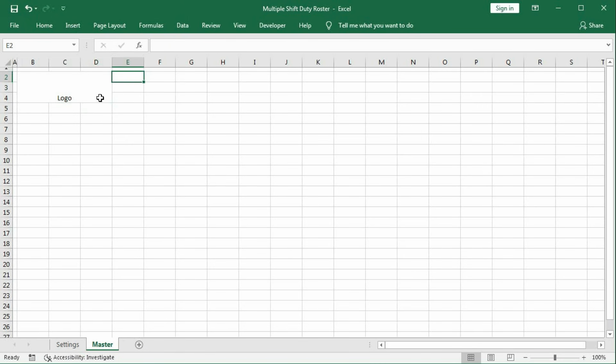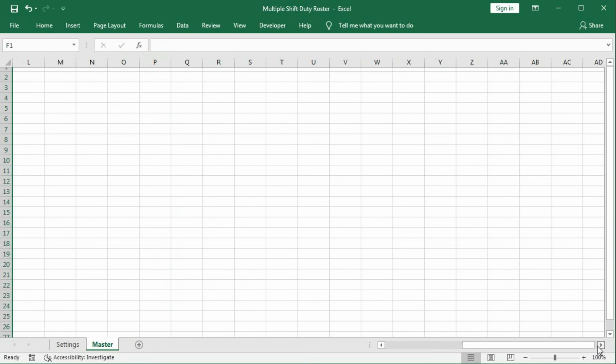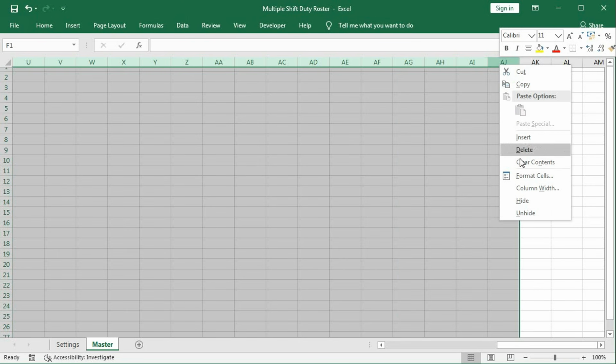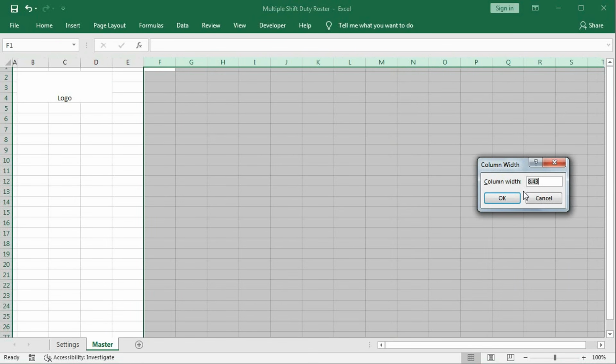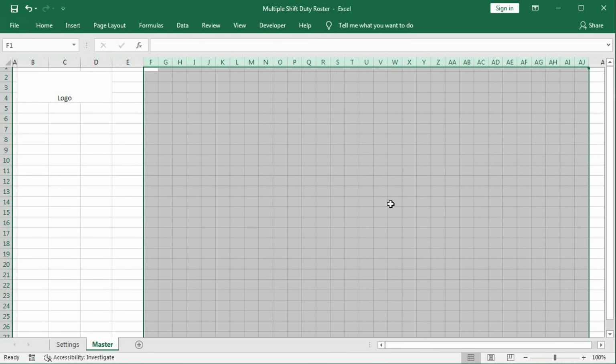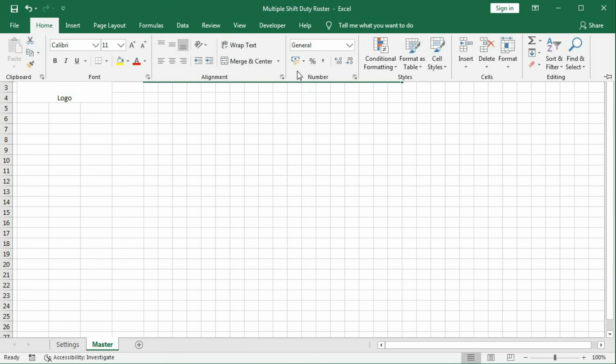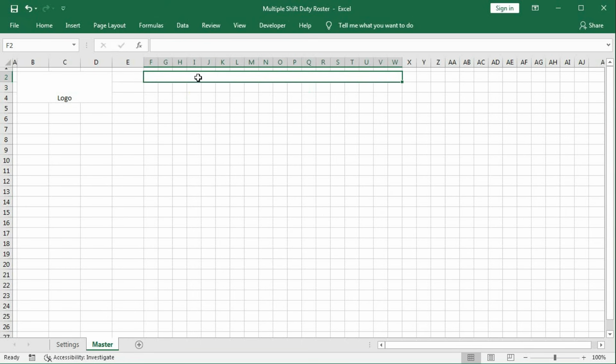Then first select from column F to AJ up here. Now right click, column width 3.43. Now select the cell from F2 to W2 and merge it and type here duty roster